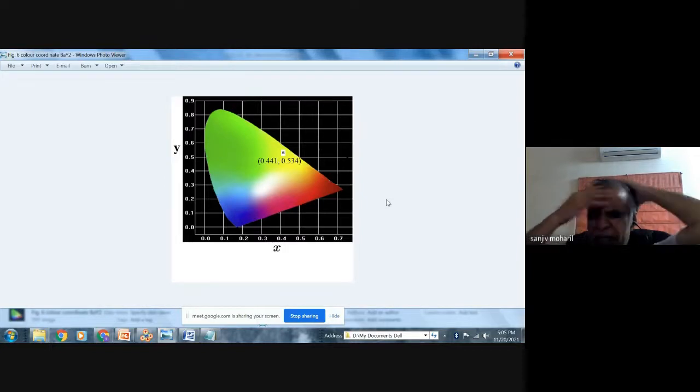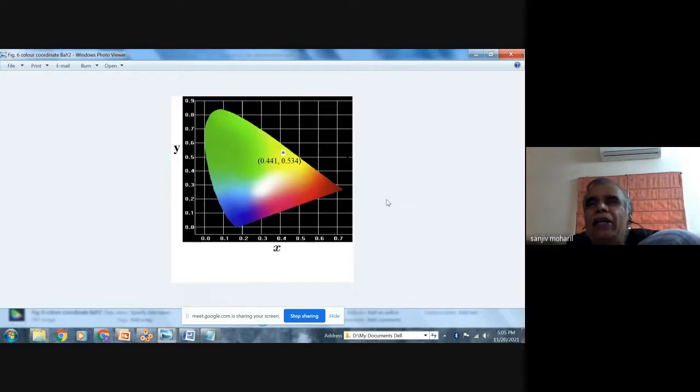In our eyes, there are 3 receptors, one for the blue, one for the green, and one for the red. So our vision is RGB vision. For any color, we find out how much is the red component, how much is the green component, and how much is the blue component.